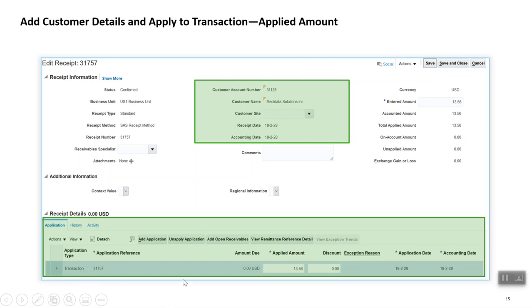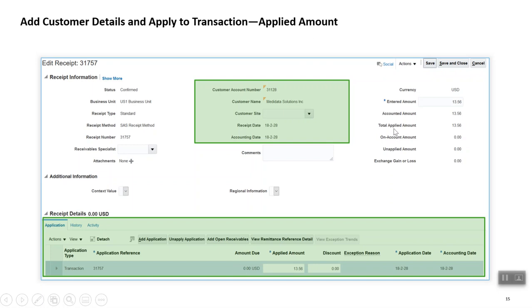What would have happened in the system if I put my receipt amount as 140, but the transaction I applied it to is 13.56? In this case, my transaction would have got closed. 13.56 is the transaction, and the amount due would have been 0.